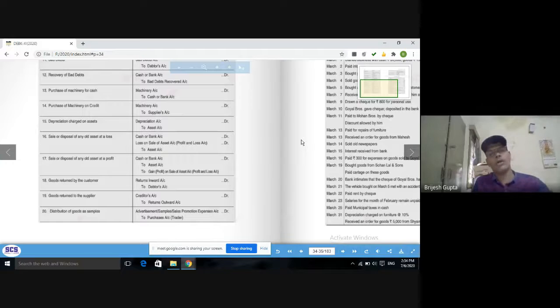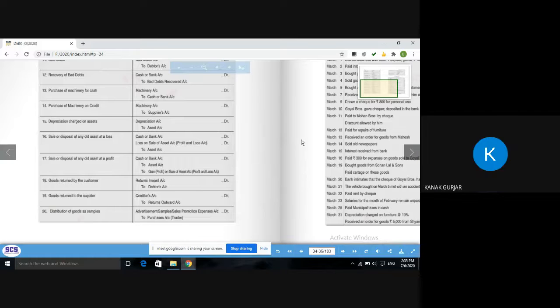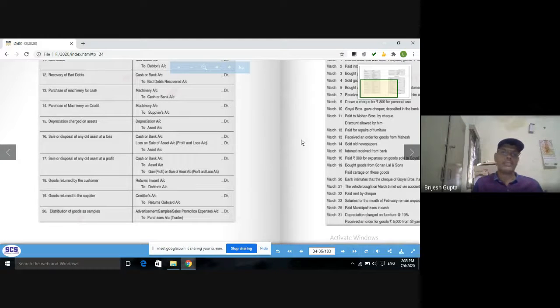On all expenses, you will find these two accounts involved. One is the account of that expense, like salary account or rent account or stationery account or transportation or insurance, whatever it is. The second account definitely will be cash account. So in all these expenses, the second account will be cash account. So your entry will be simple.